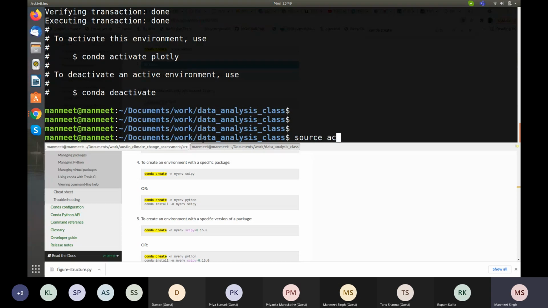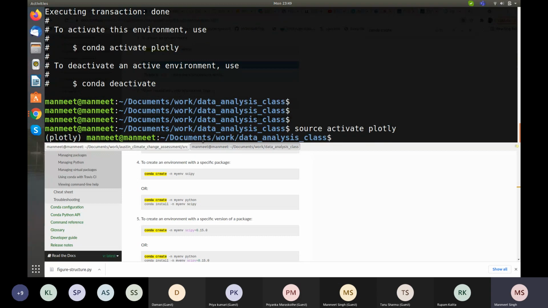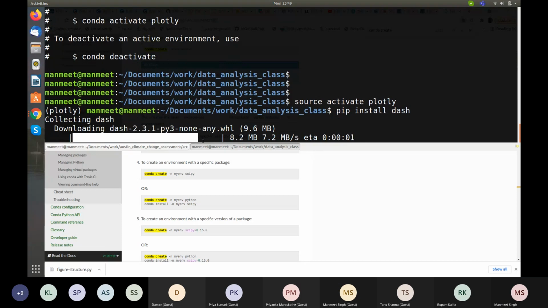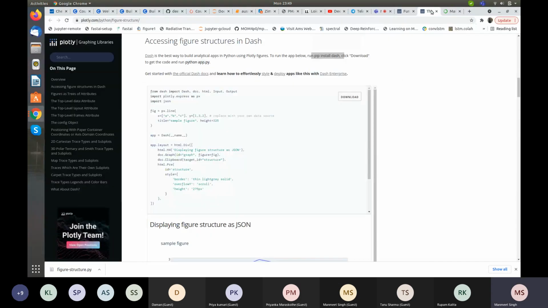We can just open the environment and say pip install dash. So we are following: it says run pip install dash, click download to get the code and run